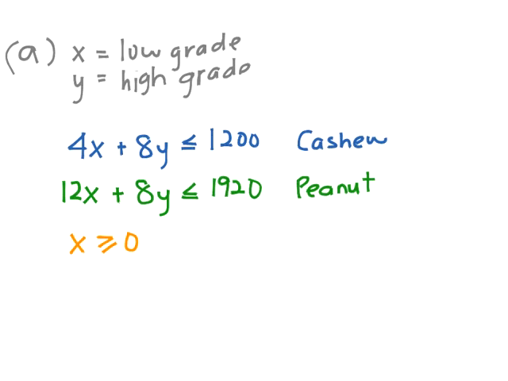The same thing goes with Y, which is the high grade mixture. We cannot have a negative value of it because that is our product. So we will have the fourth inequality, which is Y also should be greater than or equal to 0. So that is our 4 inequalities. So now we have 4 inequalities, so we need to identify the corner